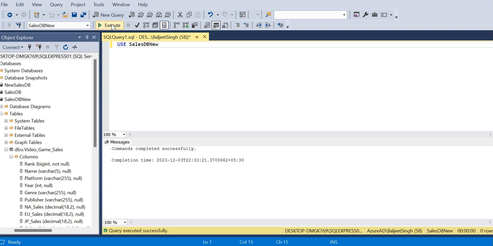Now, if I want to use video game sales, there is a table video game sales. I want to use this table from this sales DB new.